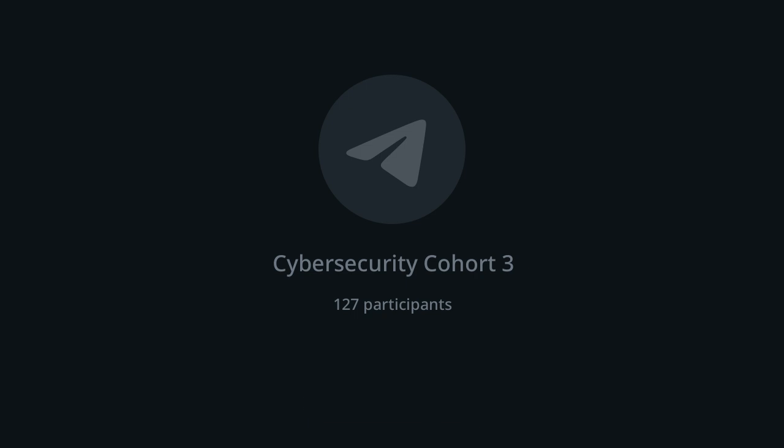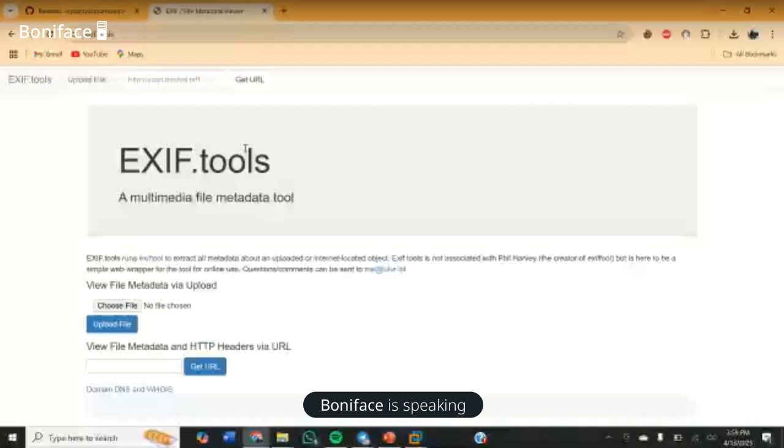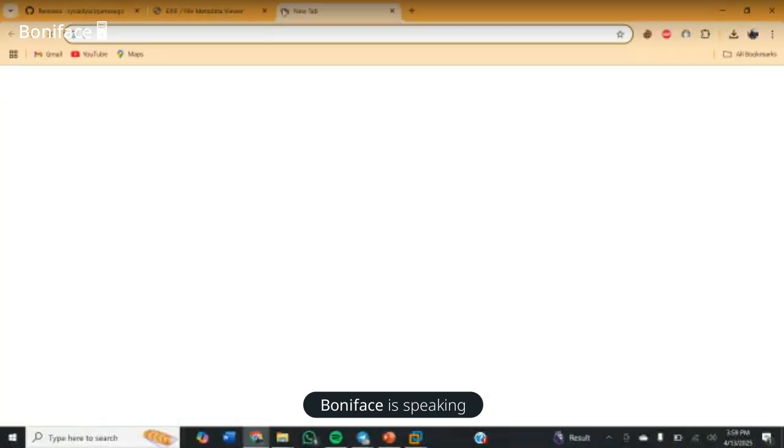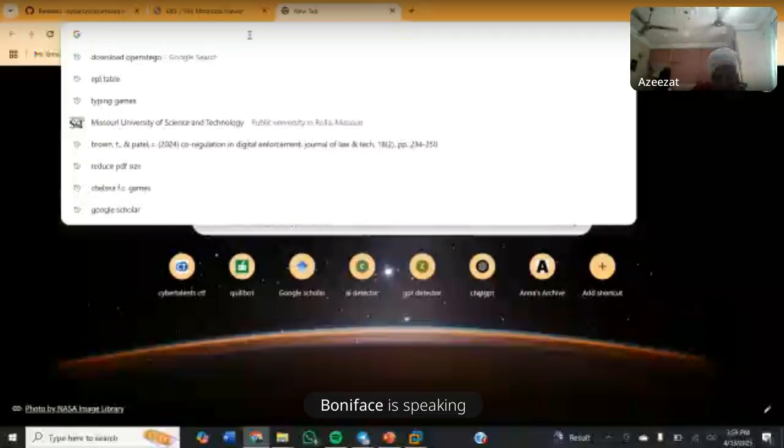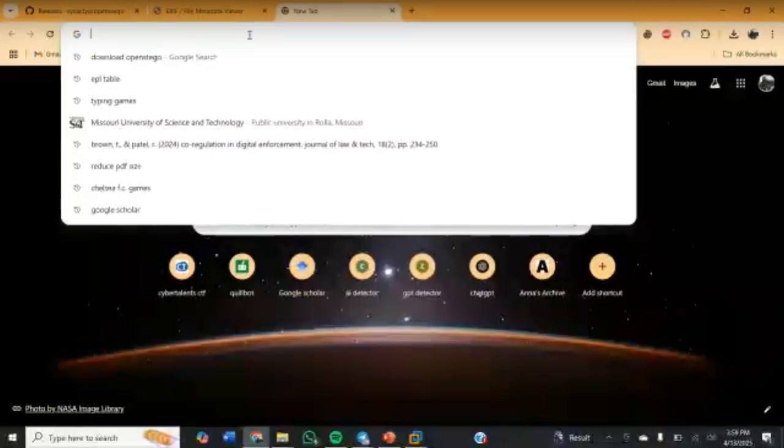So now, just normal. You check for exif. Come here and just check for maybe exif. Exif is actually a tool that is used to view metadata. Yes, exif is a tool that is used to view metadata. So using this one, the one that we have online,